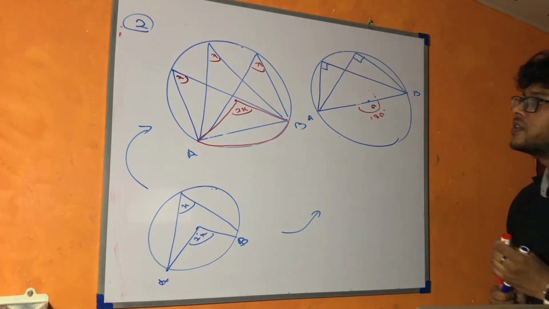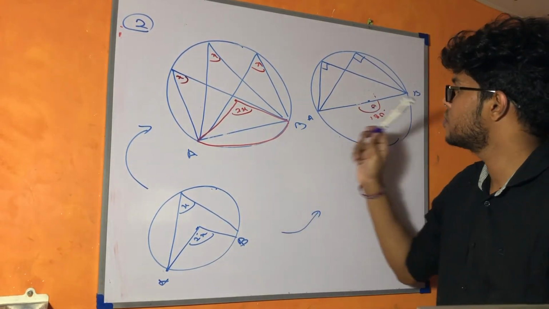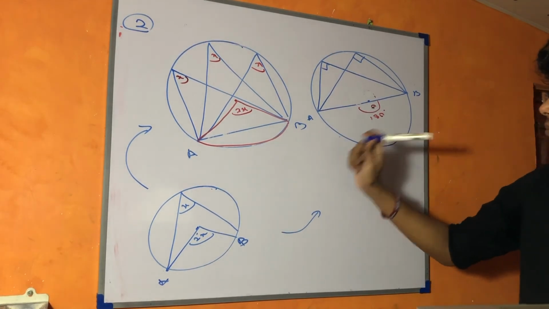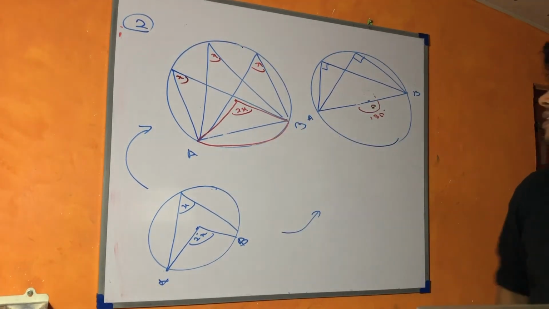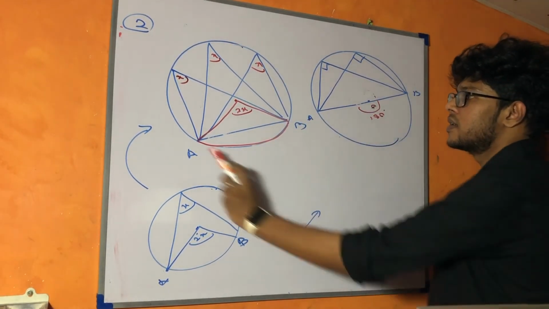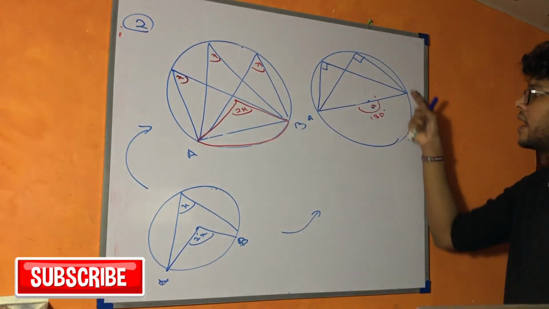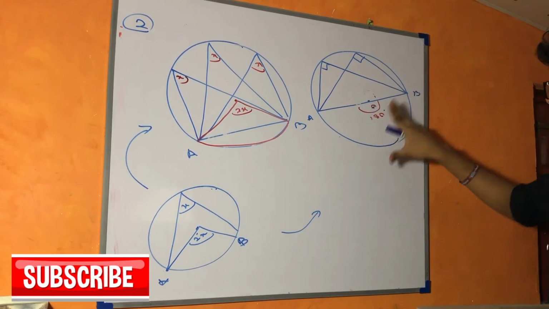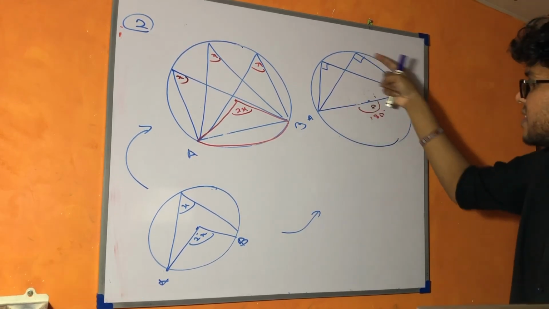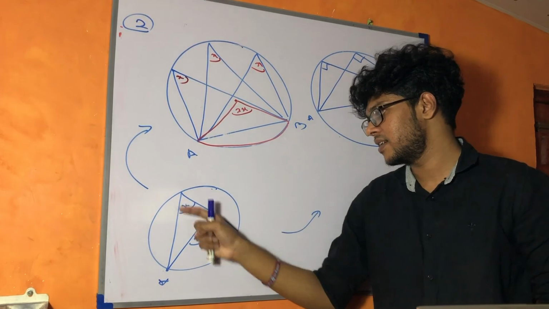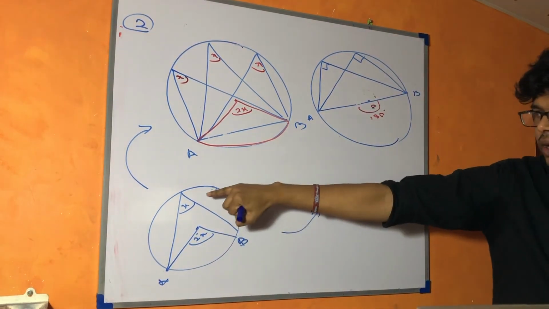So these are the two theorems. So 1, 2, 3. From this one only, these two theorems are derived. So you have to remember: angles in the same segment are equal. Angles in a semicircle, so this is a semicircle, the angle in a semicircle is 90 degrees, and this is the base theorem. So this angle is twice of the